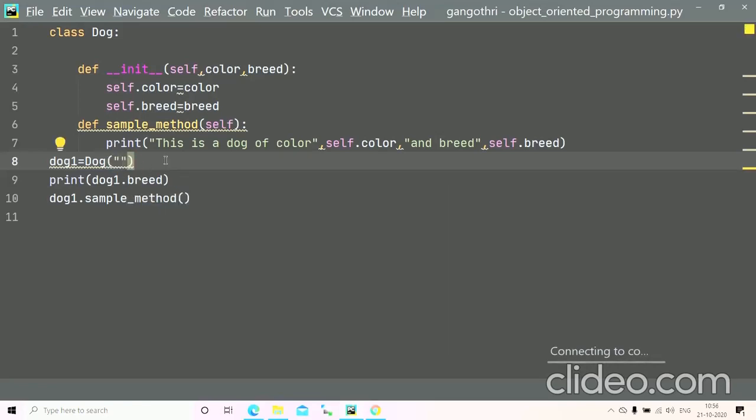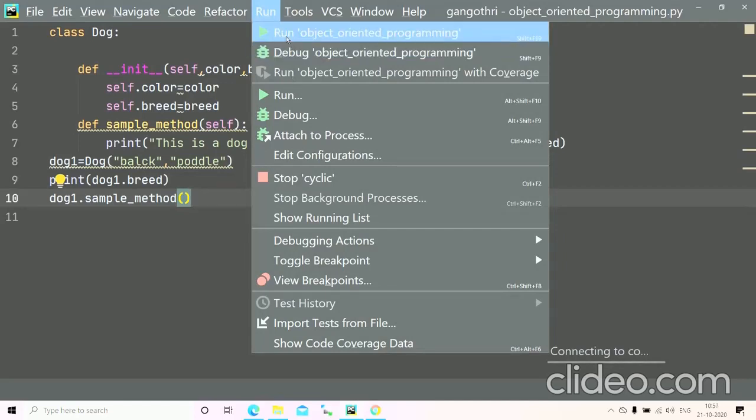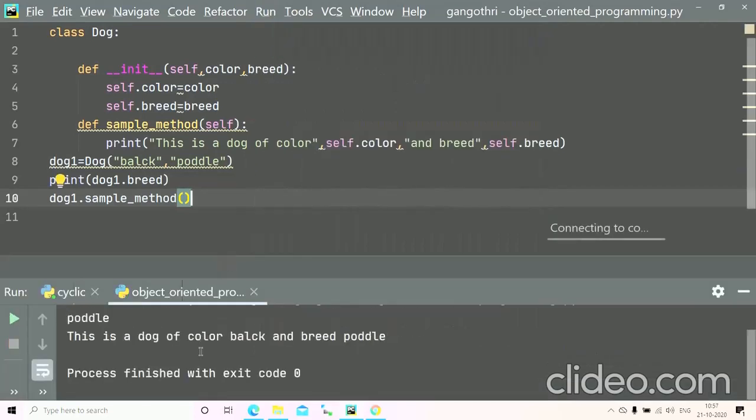Okay, dog, let's say color black again, and the breed, right? Now let us run the program. Yeah, it has returned the same statements, this is a dog of color black and the breed.